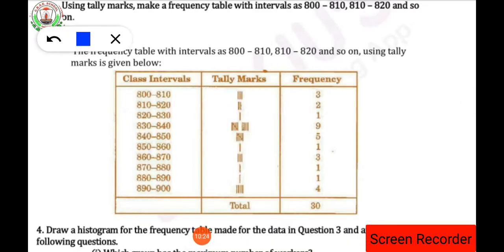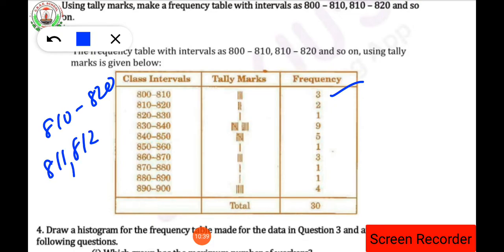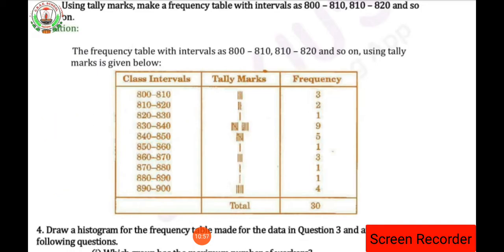Okay, so look at the tally marks. 800 to 810, how many? 3 datas we had counted. Next 810 to 820. So here we are going to see 811, 812, 813, 14, 15, like this up to 819 we are going to count. But this 820 will come in the third interval. Okay, so how many numbers are there? There 2 tally marks will come and 2 numbers. So have you understood up to here how to draw that?